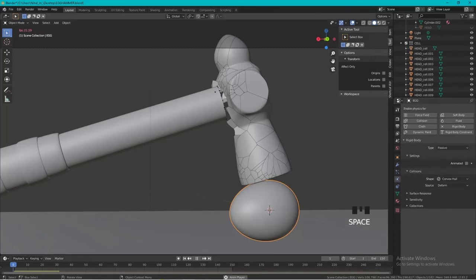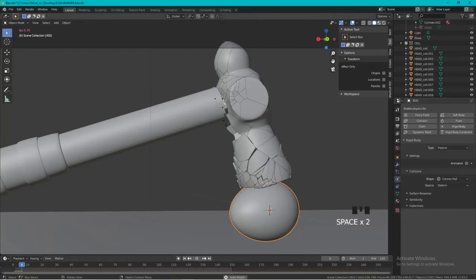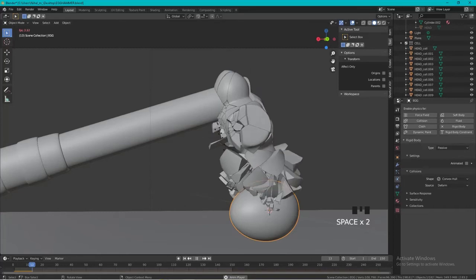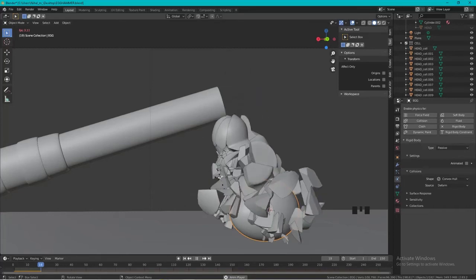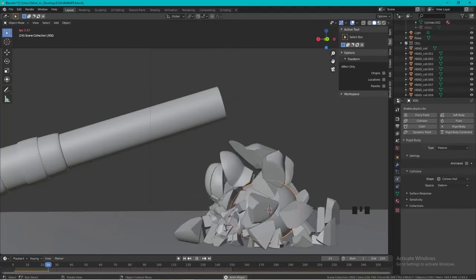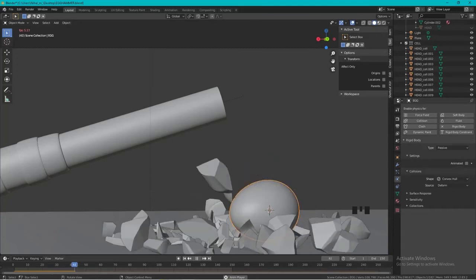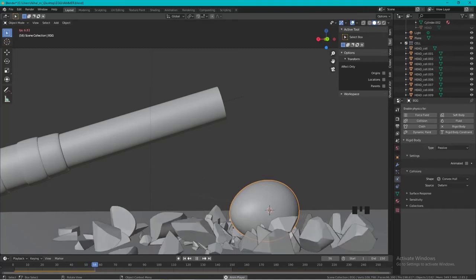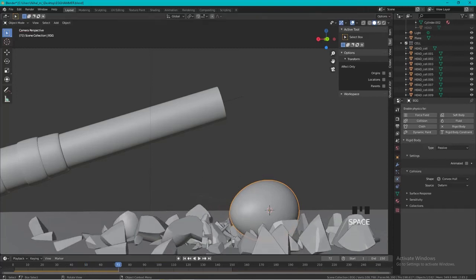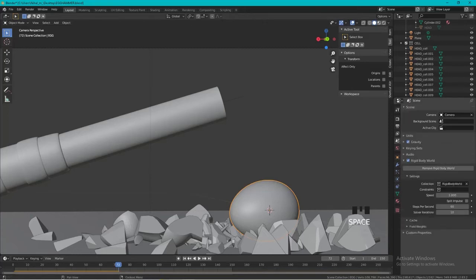So now if we press play, it is a bit slow to render. The hammer is going to react with the egg and the plane, and it's just going to fall and break into pieces. So I just want the animation to be a little bit slow, so I'm just going to